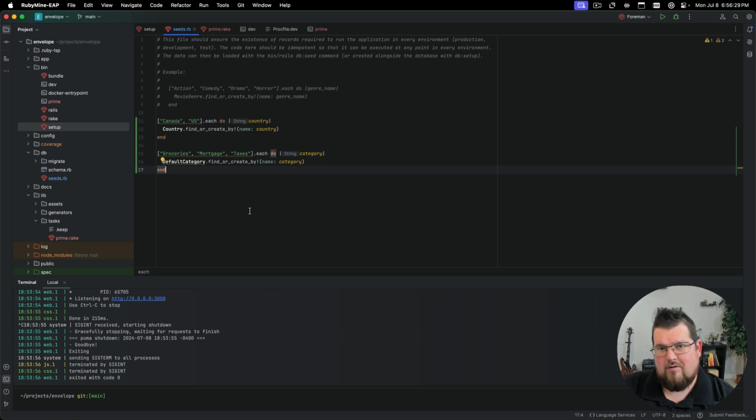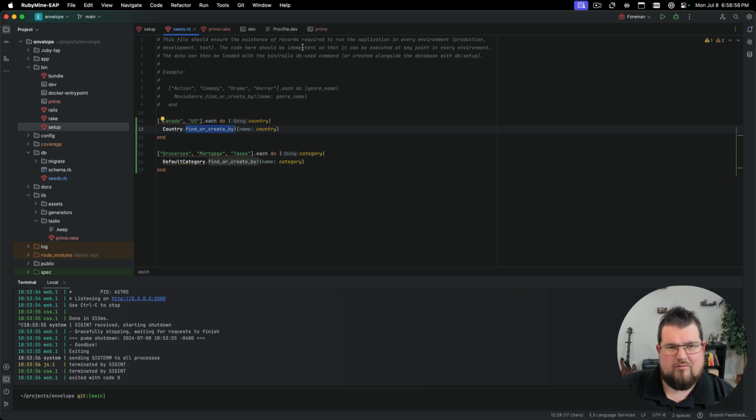You want to have this in all environments, but you don't want to put stuff in here that's, for example, development specific. So we wouldn't want to put in a test admin user. One thing to remember when we're doing this kind of seeding is that we want to make sure that we're using find_or_create_by typically. I always stumble over the word,